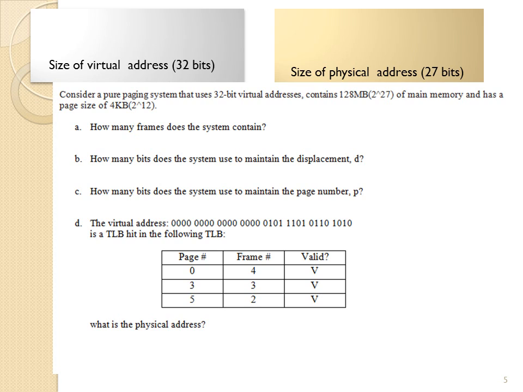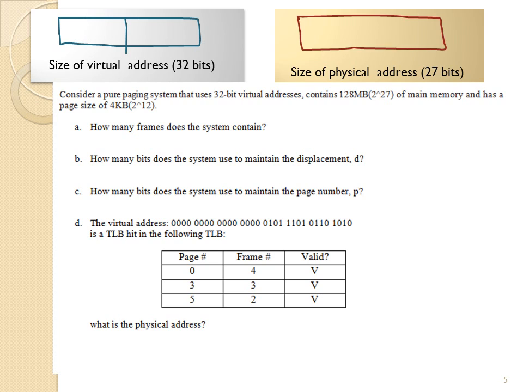When you break your 32-bit virtual address into page number and offset within the page, you also have to break your 27-bit physical address into frame number and offset within the frame. You need to decide how many bits will be used for the page number and the frame number, which is going to be the same. And the size of the page determines the offset bits. You can have 2 to the 12, which is around 4,000 bytes,